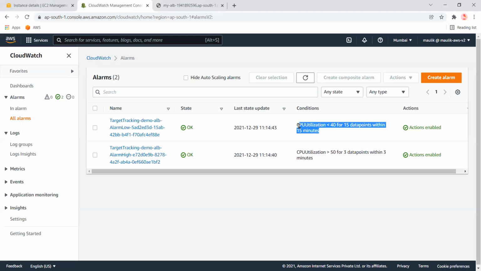But in case the CPU goes below 40, then it is waiting for 15 minutes, checking 15 times. So we can assume that we need to wait for 15 minutes until all the data points are checked. Okay, it will take a longer time.